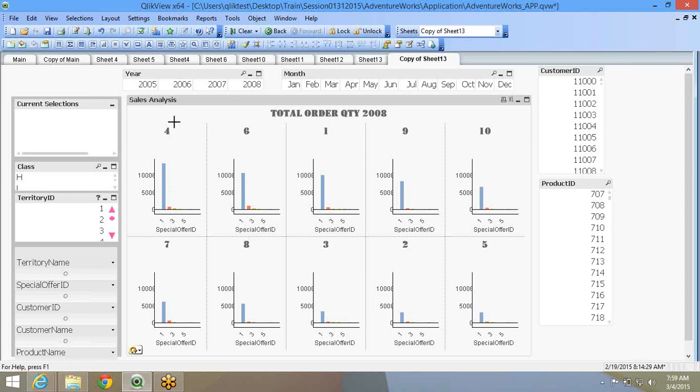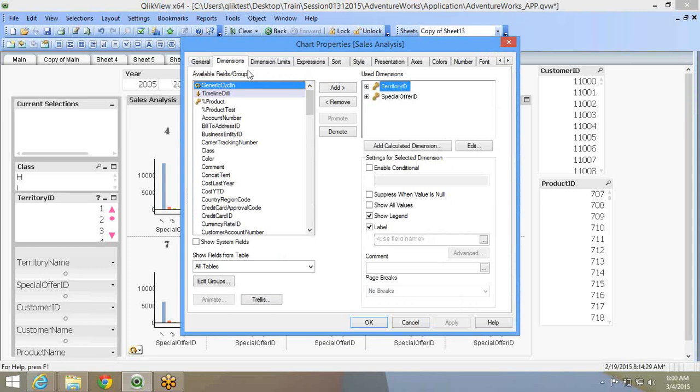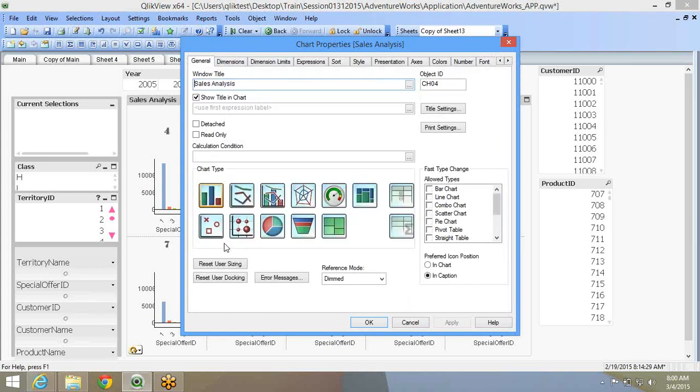So it is creating a chart for every value for that dimension. So 10 different charts are created automatically.